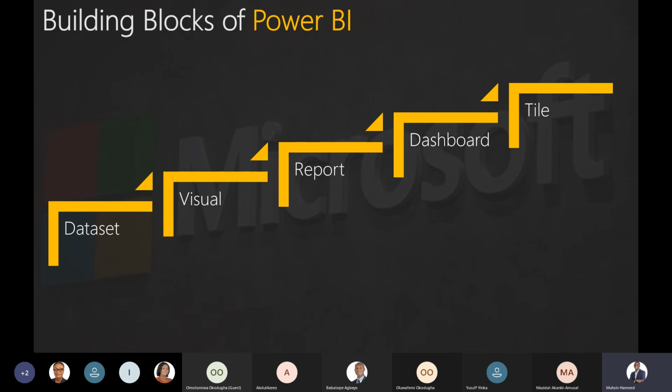That becomes a report. Let's get this clear. We have our data set. From the data set, we build a visual, which could be a line chart, a bar graph, or whatever kind of chart. Then if you now have two or more of those on a report page, that becomes a report.